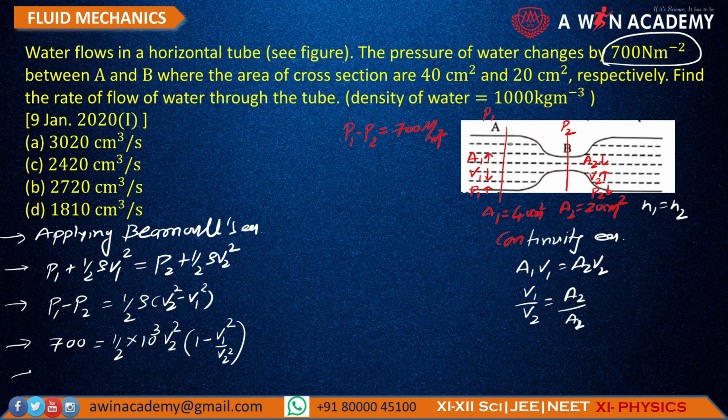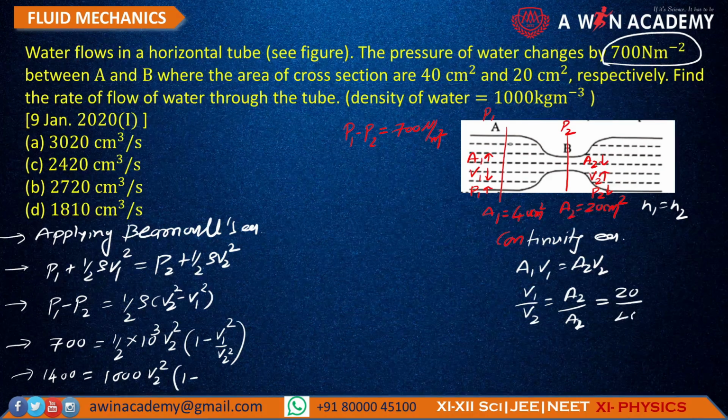Here 2 moving with 7 and it becomes 14, and this 10⁻³ and here is equal to 1000 V2 square (1 minus), and this is what A2 is 20